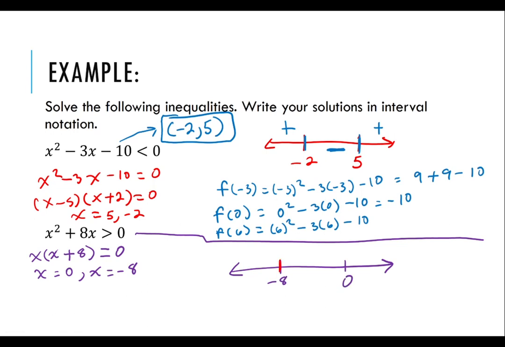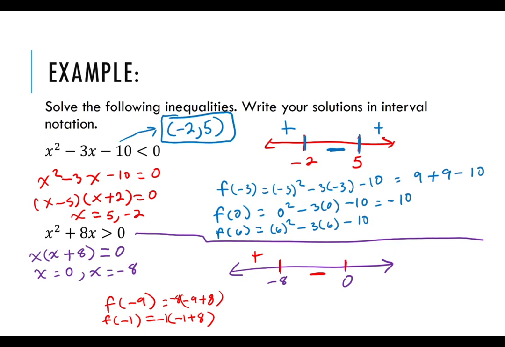And so now, since I'm cut up here and here, I need to find a value to the left of negative 8, calculate that. That's going to be f of negative 9. Negative 9 plus 8 is negative 1 times negative 8. That's going to be positive, and so this is above the x-axis. Then between negative 8 and 0, how about we calculate f of negative 1? That's going to be negative 1 times negative 1 plus 8. Negative 1 plus 8 is positive 7. Positive 7 times negative 1 is negative, so between negative 8 and 0, it's going to be negative or below